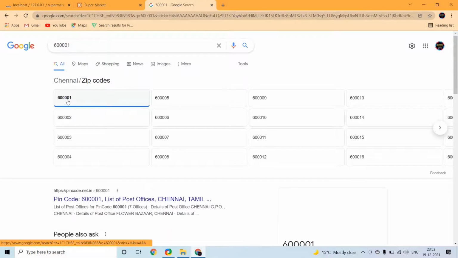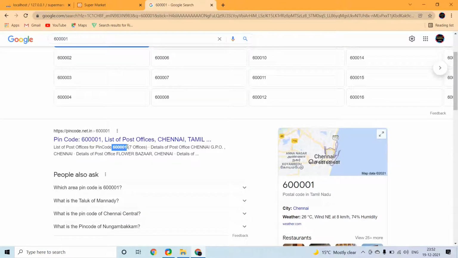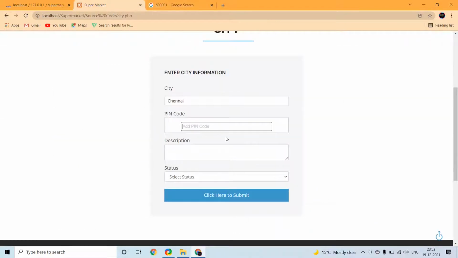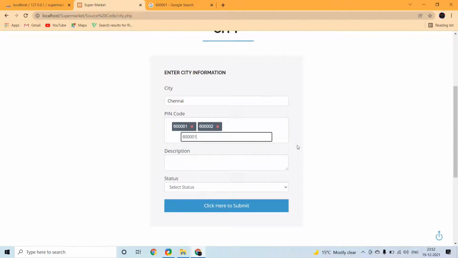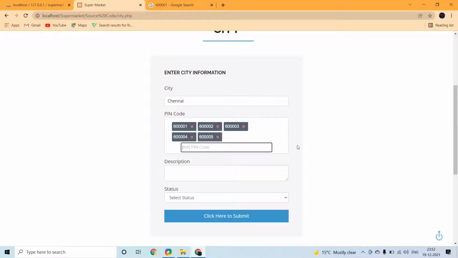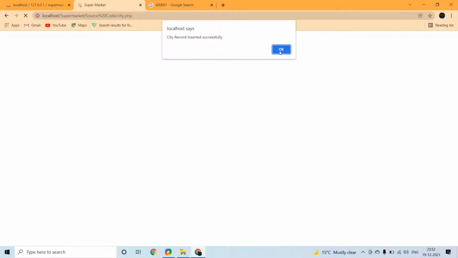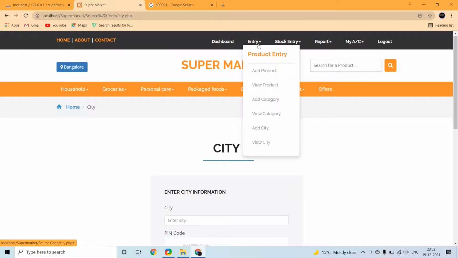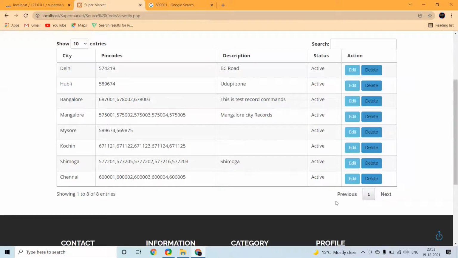We can type some pin codes like 60001, 60002. It's like multiple. Status active. When we view city, it comes like this.